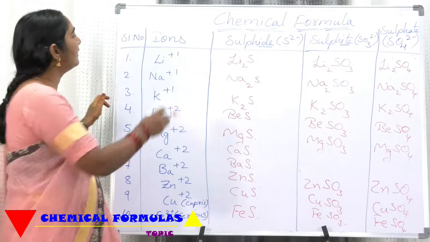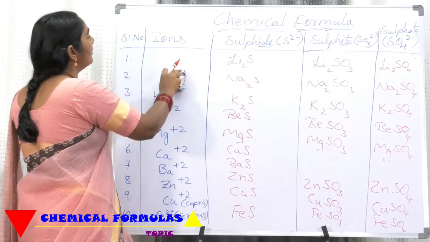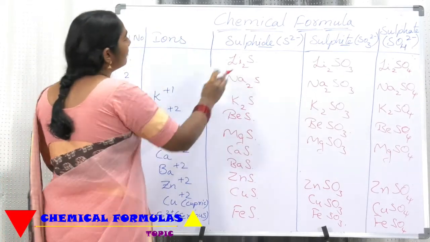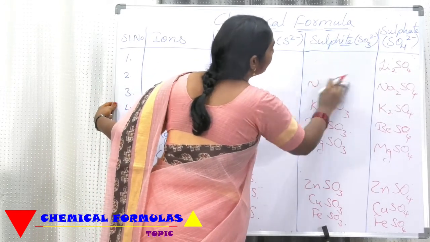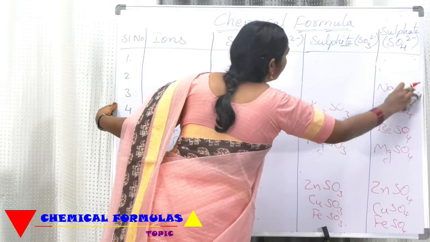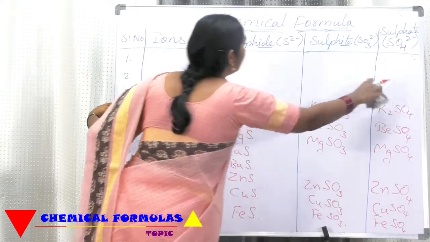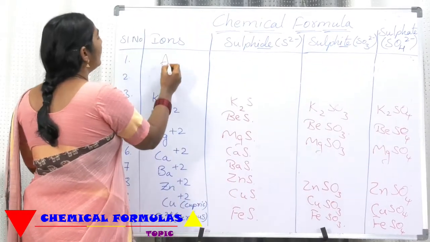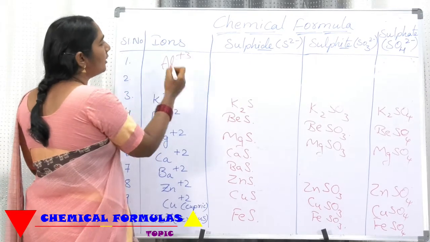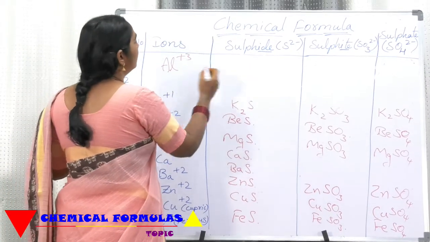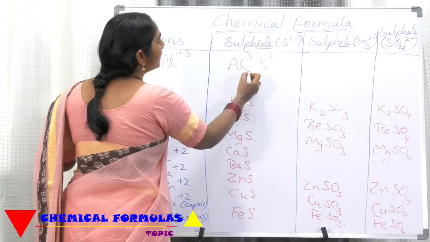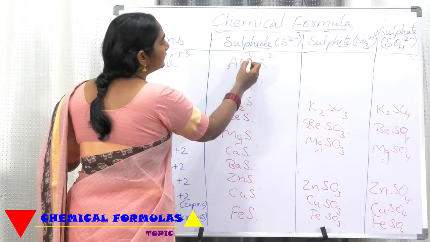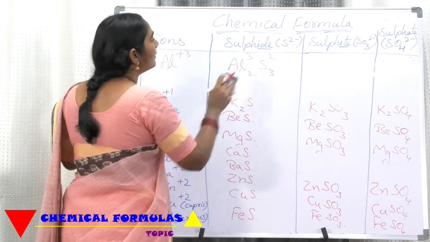Now, let us write for aluminium. In the case of aluminium, because aluminium is having valency 3. Just for example, let us take 1 or 2 examples with aluminium. Aluminium Al plus 3. Now, aluminium sulfide, Al, this is 3, S2. This 2 comes here. This 3 goes here. So the formula becomes